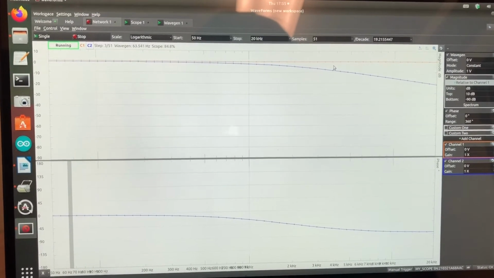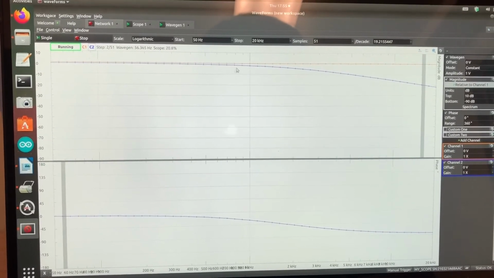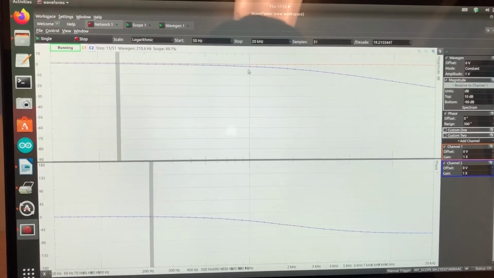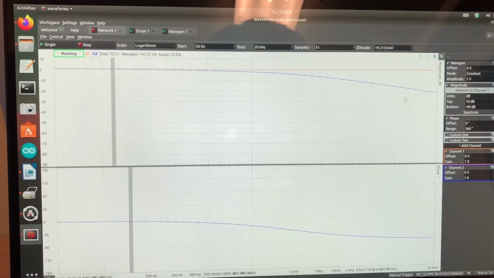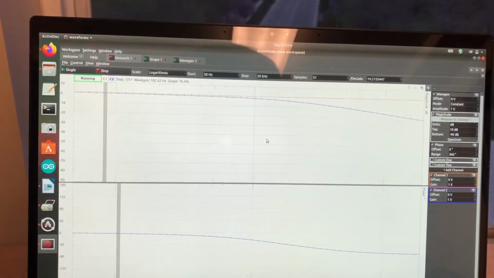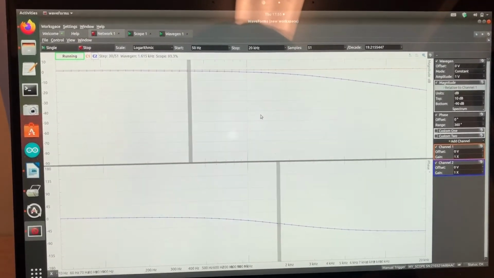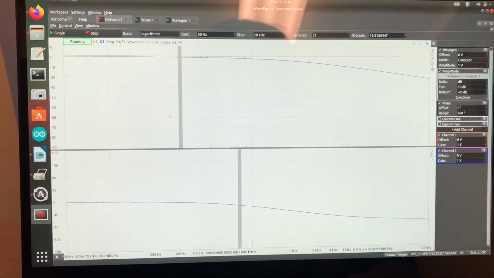The input over the input is always going to be 1, so it stays the same. But the output, as frequency increases, it goes lower. So using the cutoff frequency that I found before, 1.592 kilohertz,